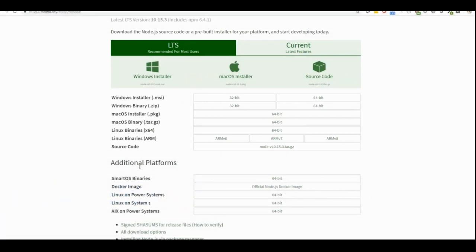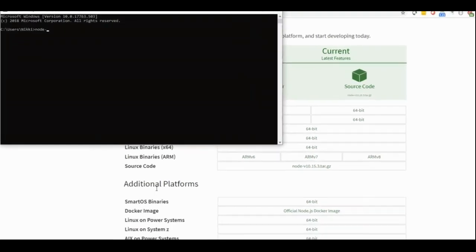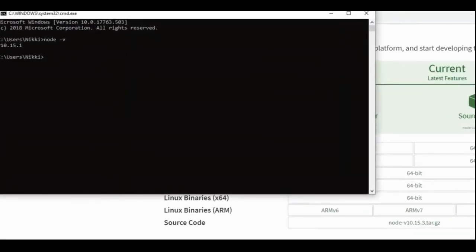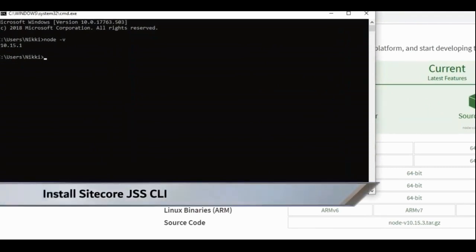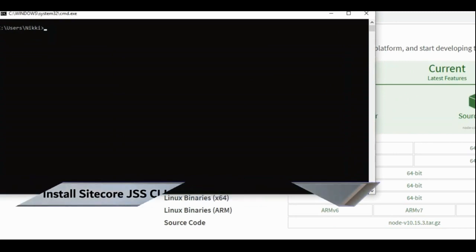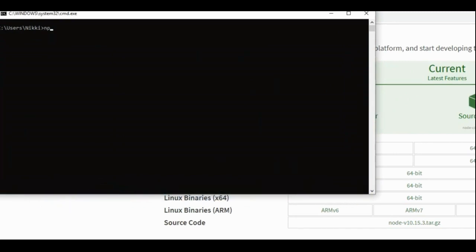First, I will download Node.js from here. I'm going here and downloading Node.js. Next, I will install the Sitecore JSS client with npm install -g sitecore-jss client, as I mentioned earlier in the video.